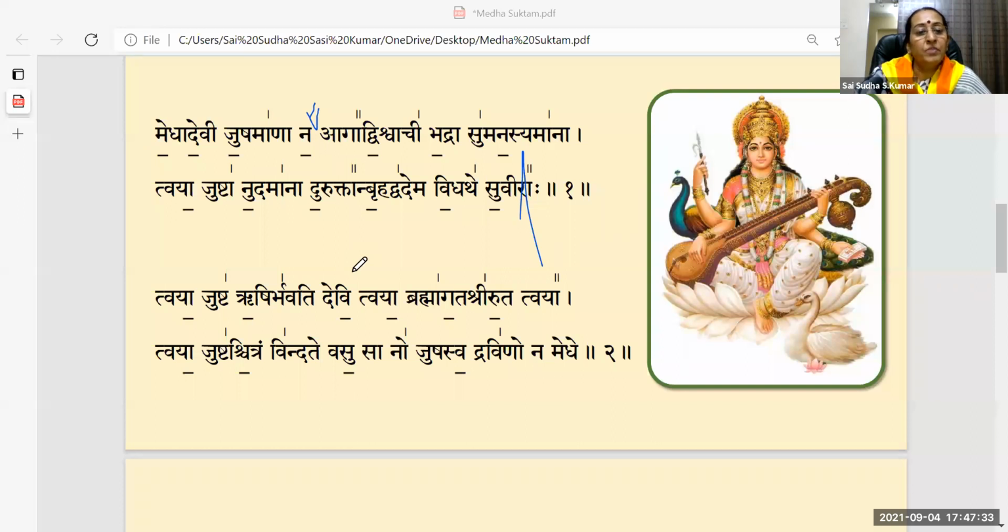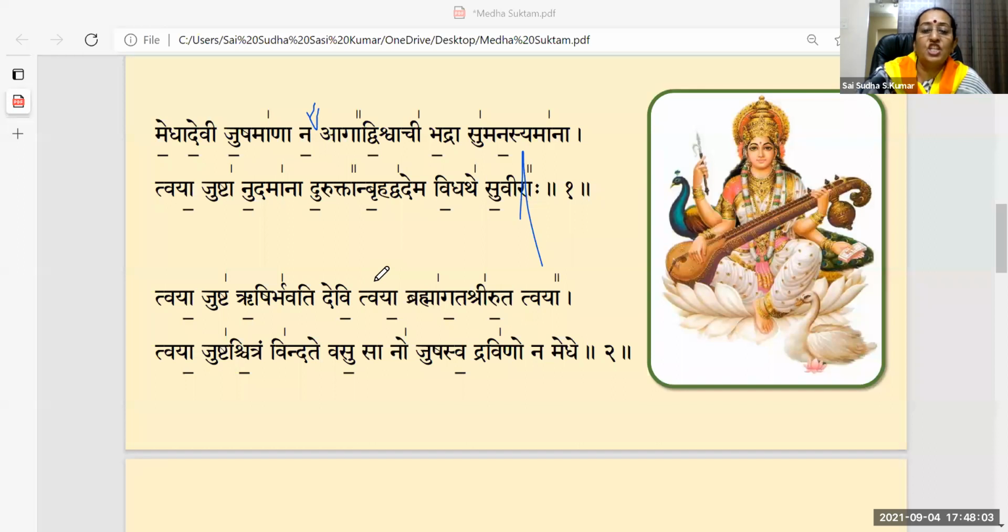So it can be even here, Rishir Bhavati Devitvaya. And Twa, again it is a combination of half the and va. So Devitvaya. It should not be Devitvaya. So Tvaya Jushta Rishir Bhavati Devitvaya